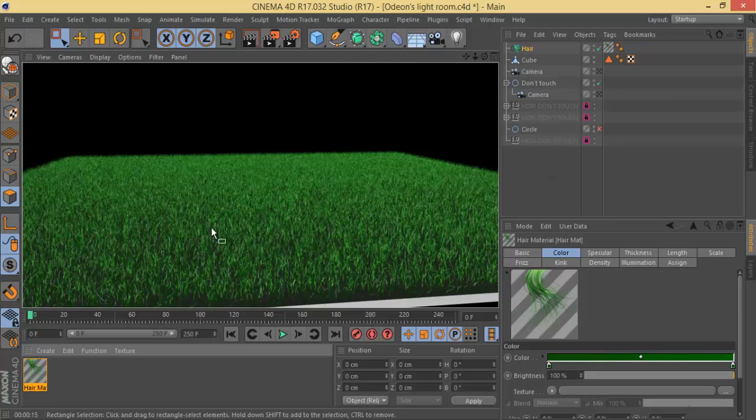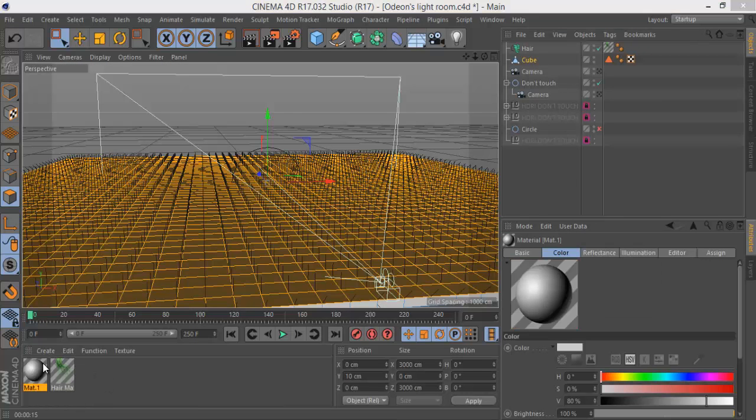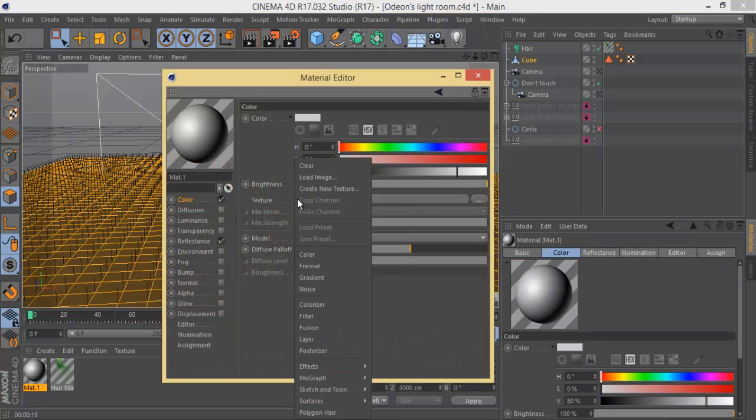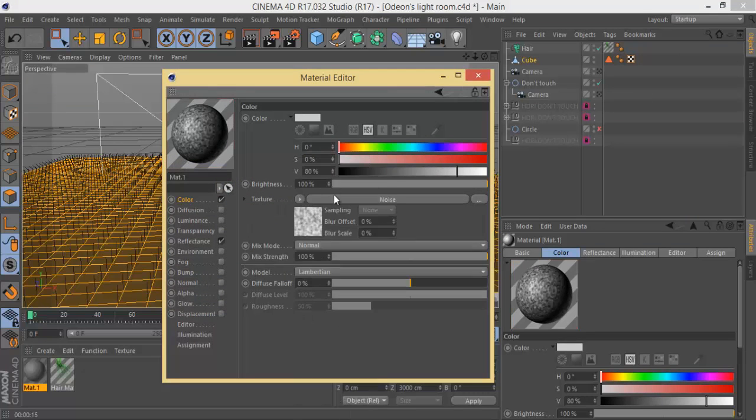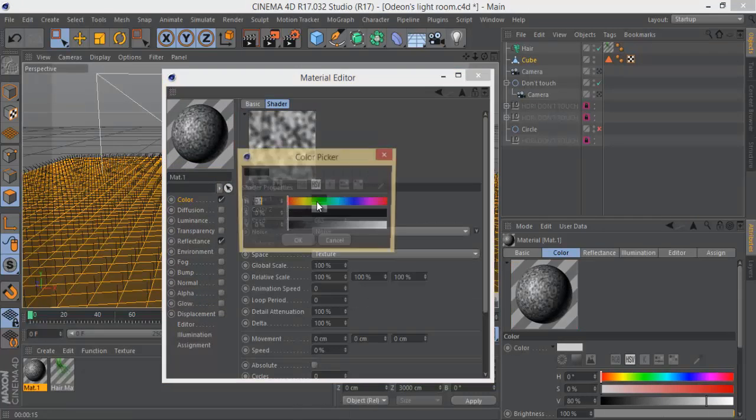Alright, so you guys can see the ground right here. So what we're going to do for this is we're going to double click this again. We're going to open this up, and we're going to click this drop down arrow on the color. We're going to go to noise. We're going to open this up. We're going to color 1,